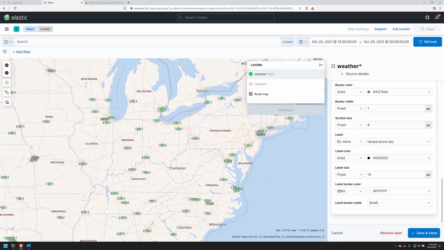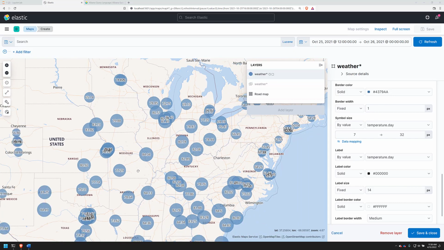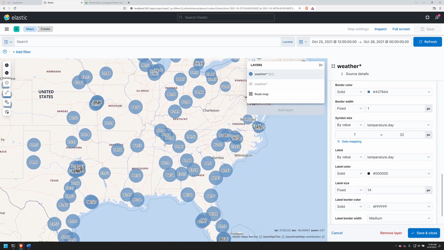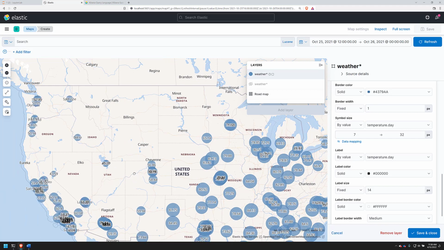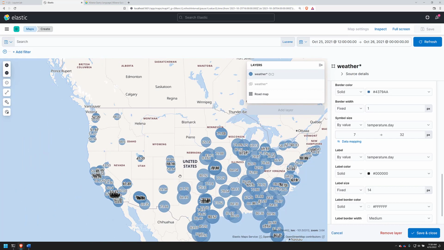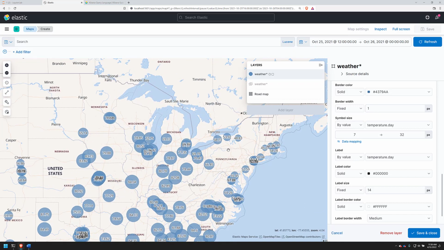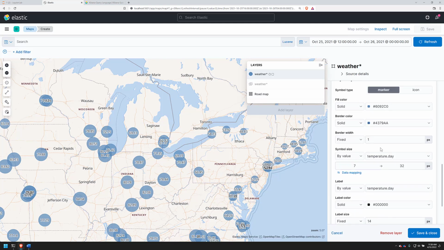And let's do this. All right, it's not perfect, but it works pretty good. So the warmer it is, the bigger the bubble. So the colder weather data has smaller bubbles, and the warmer weather data has larger bubbles. Like I said, it's not perfect, but it works. So what I did was in my layer that I added,